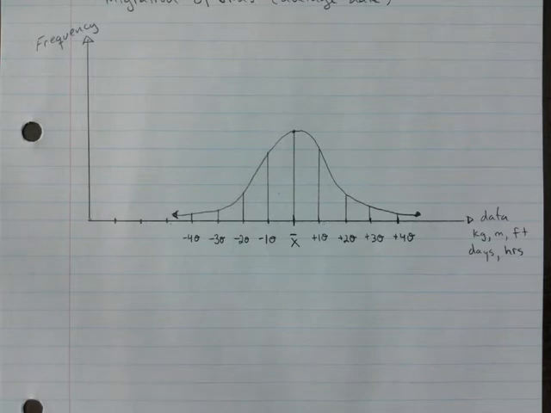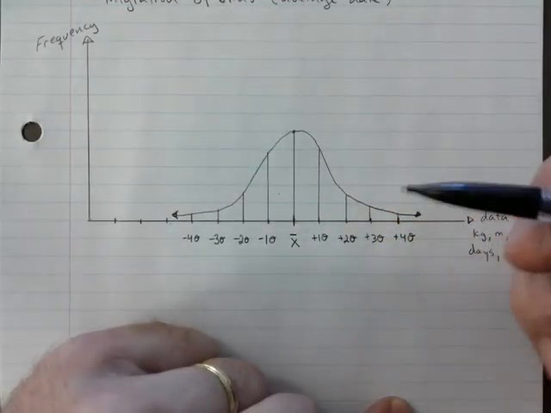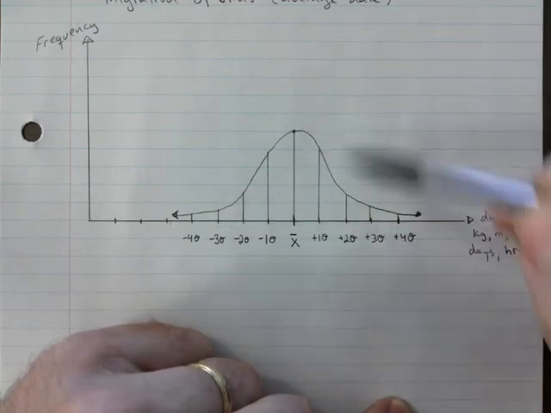What was that rule again? Do you remember? There's 3 numbers. Anybody remember the 68, 95, 97.5 rule? Yeah. So what we know when data is normally distributed like this,